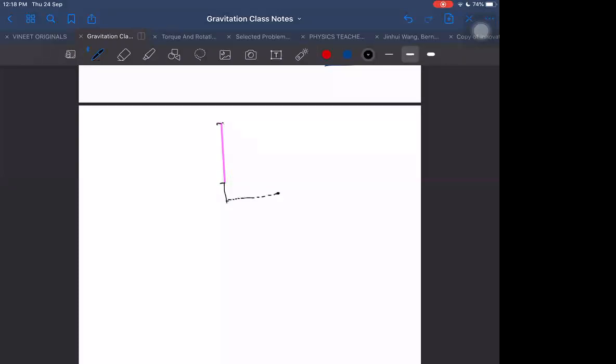But it is given to you that this angle is given and the other angle is also given. This is alpha and this total is beta, let us measure from the perpendicular. And now you have to find out E perpendicular and E parallel both, or maybe E net. This you have to find out.